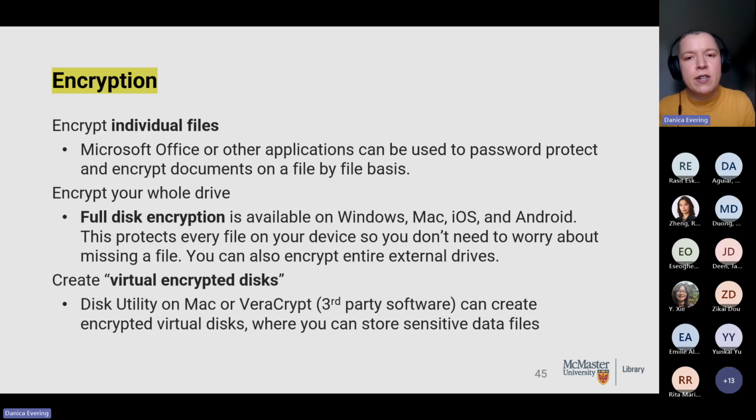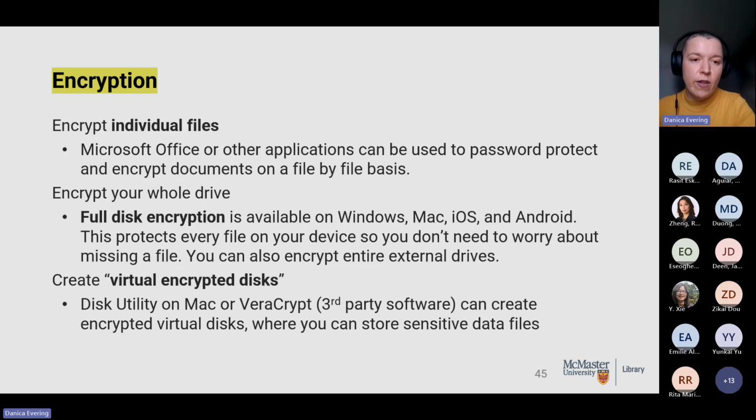I mentioned encryption, which needs to be used if you're working with data that's connected to the internet, but it can be helpful even if you're using a laptop to do your research, or a computer that's not connected to the internet. Encryption can help. And encryption is basically scrambling data so that it becomes unscrambled only when the password is in there. So you want to encrypt individual files. This is possible in Microsoft and other applications.